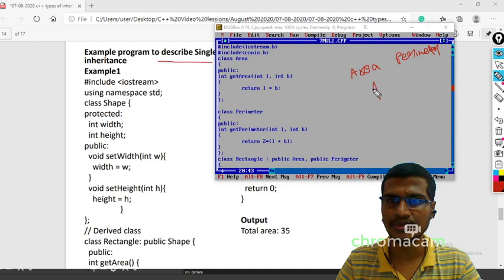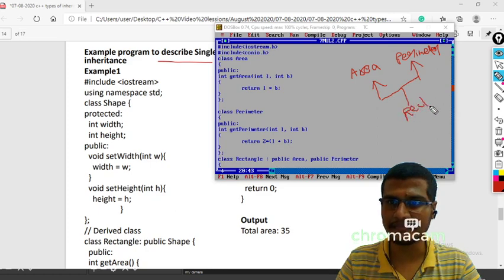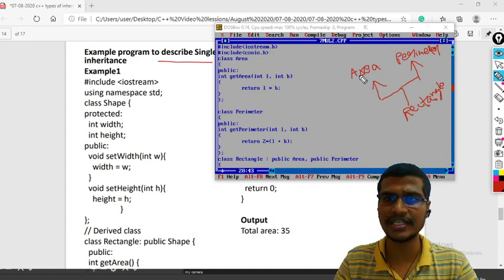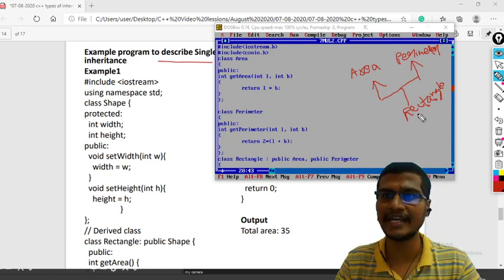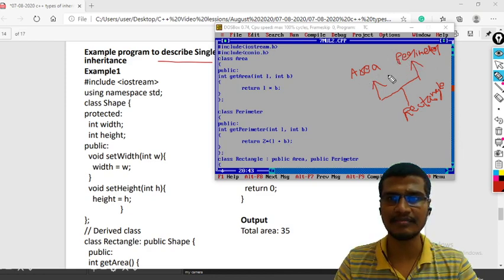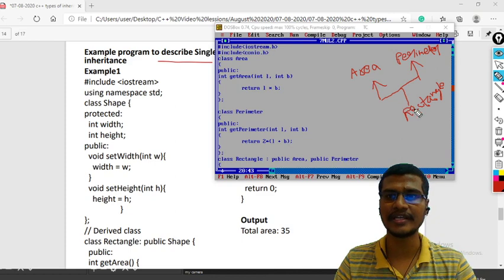So from this area class and from this perimeter class, I am deriving a new class called rectangle. You can easily specify this: rectangle is a class which is derived from both area and perimeter. If a class is derived from two or more base classes, then that type of inheritance is called multiple inheritance. So this rectangle is a class which is derived from these two base classes, area class and perimeter class.